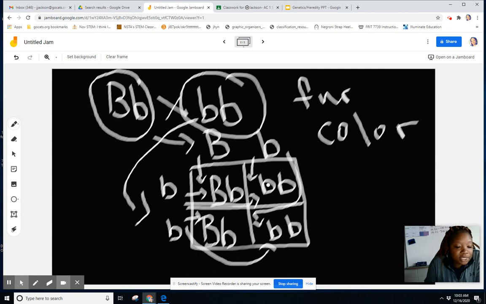If you said recessive, you are correct. So this offspring will have white fur. This offspring will have white fur. And this offspring will have black fur. So we got 50%